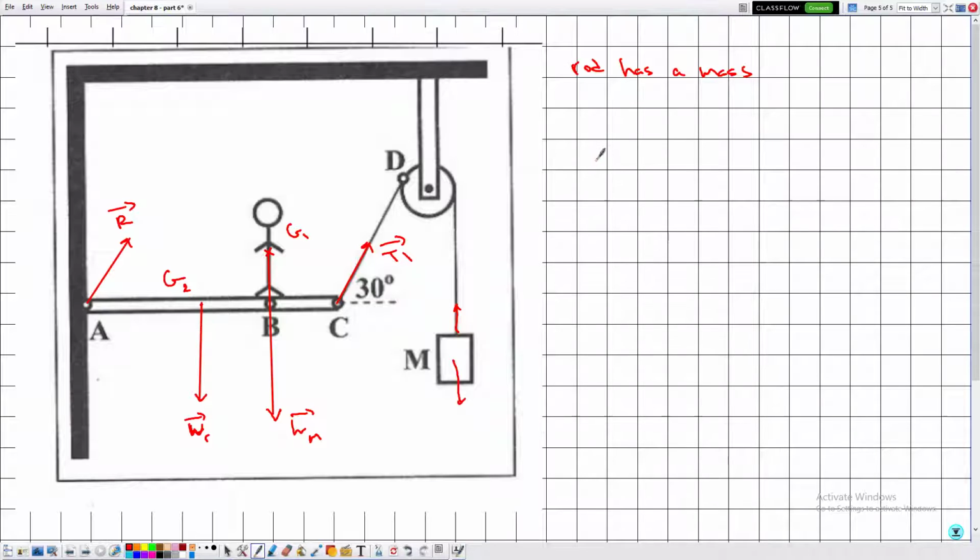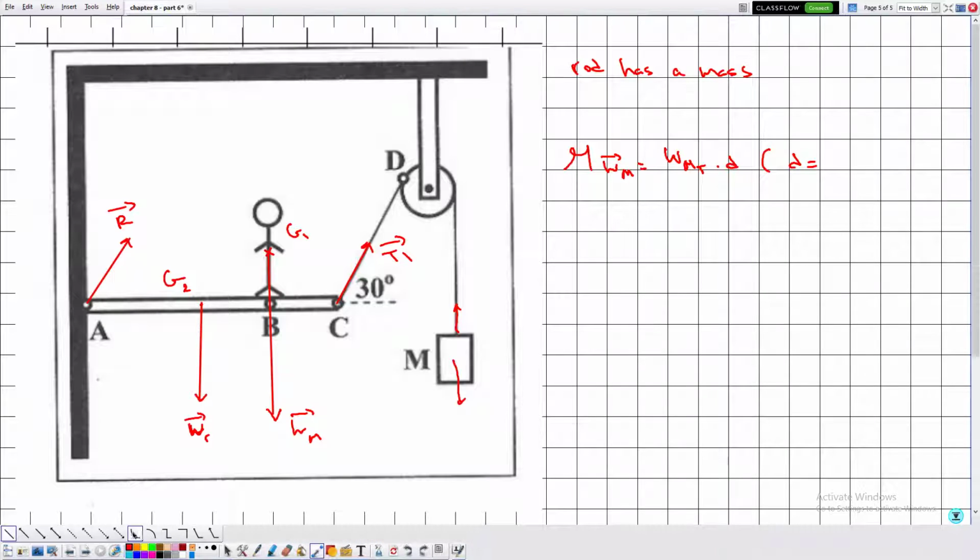Let me start calculating the moment of the weight of the man. The moment of the weight of the man is the tangential component of the weight of the man multiplied by the distance, and here let's figure out the distance. If you consider the distance between the axis of rotation and the point of application of the weight of the man, which is this distance,